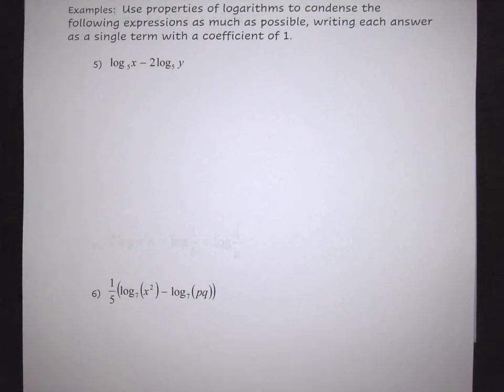So here we're going to look at some examples on how to take an expanded version of a log and condense it down into a single piece. So in order to do that, again, what we want to do is look more at the innermost properties and then apply out to the outermost properties. So essentially what you're doing to condense is you're going to reverse anything you might have done when you had to expand. So the first thing that we're going to do is we're going to notice